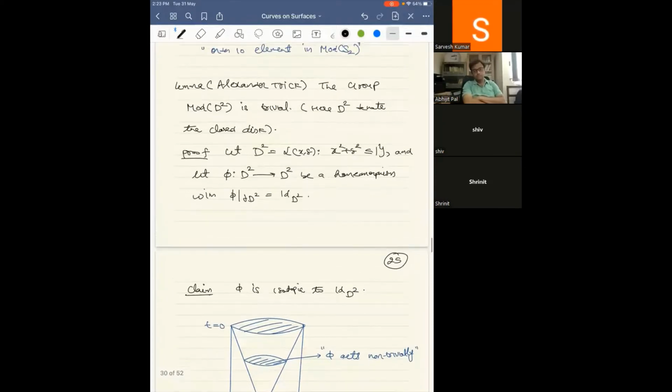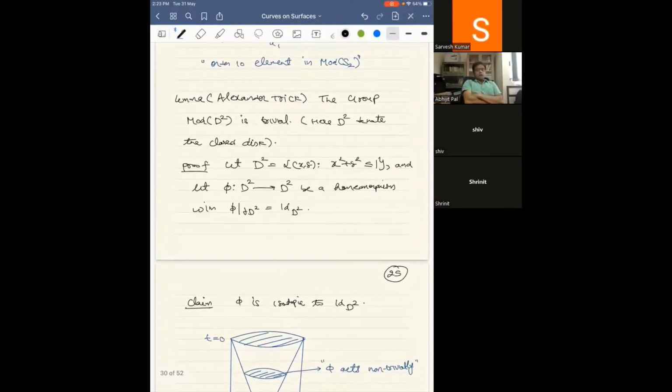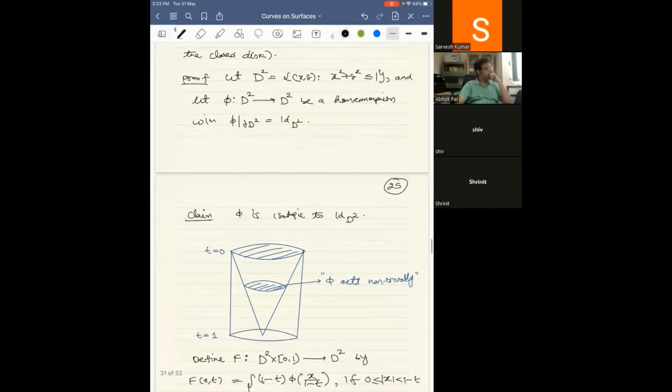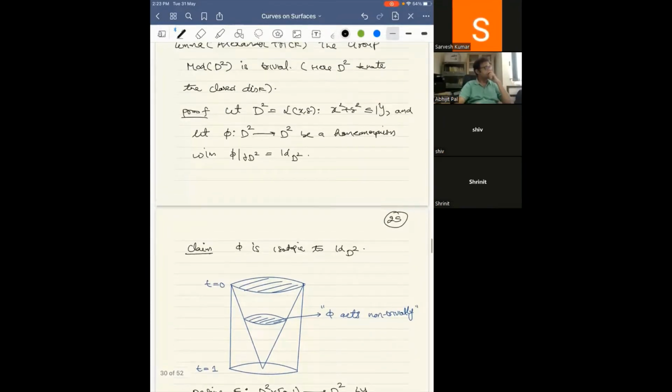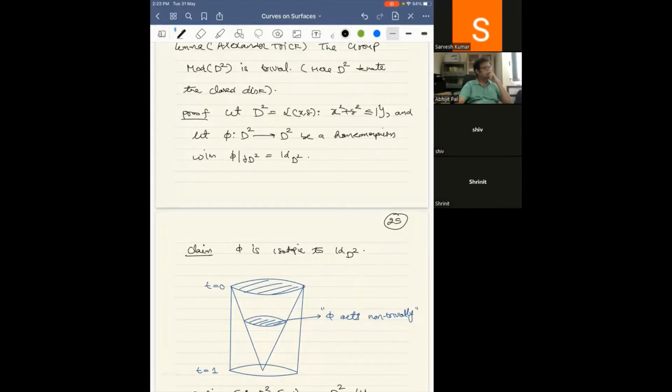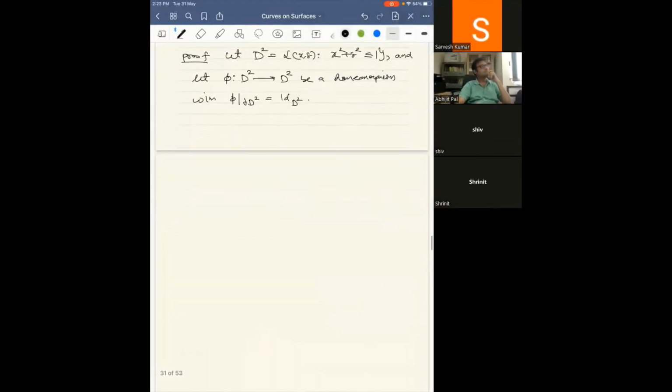Okay. So let us identify the closed disk with this set. Yes. Okay. And you start with any homeomorphism phi, which of course by convention, like we had, should fix the boundary pointwise. So what should be your claim? The claim should be phi should be isotopic to the identity. Yes. Okay. So let me maybe draw another schematic picture that will help. So what is the idea? The idea is